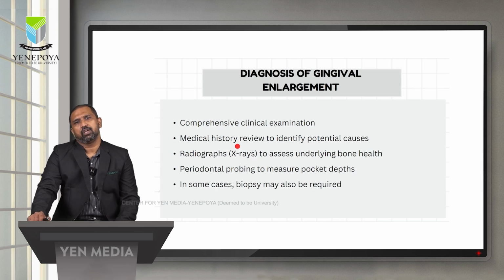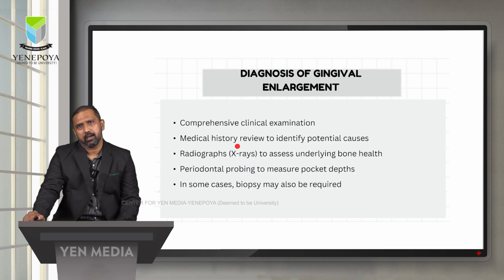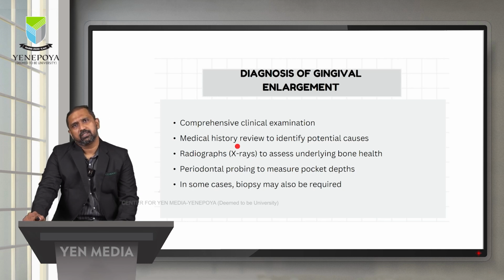A medical review should involve all the medical conditions the patient has or had, and any medications he has been taking or is on right now. A complete detailed medical history has to be recorded, and you try to rule out the potential causes